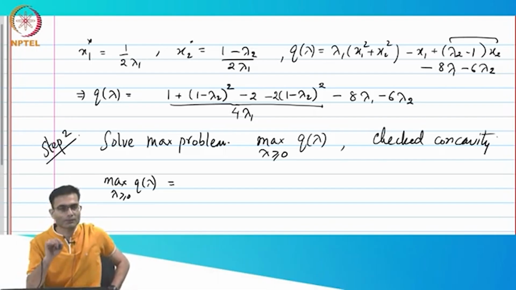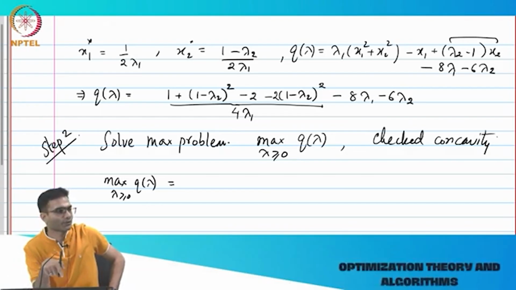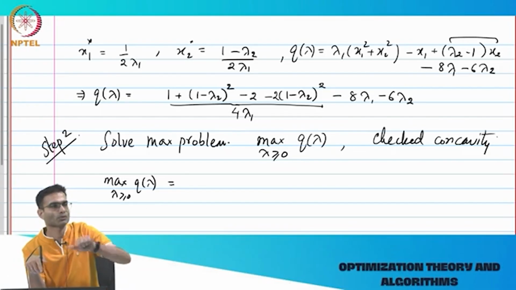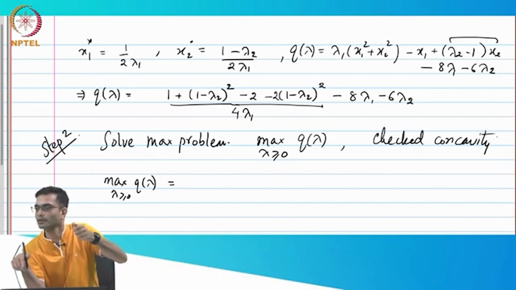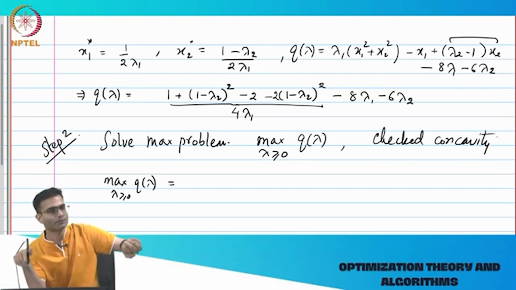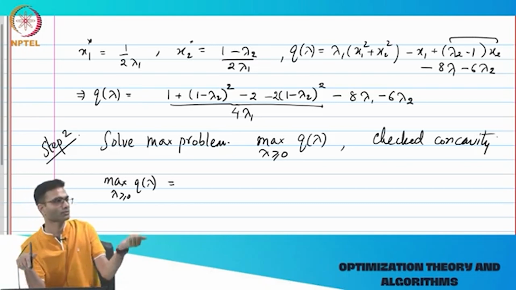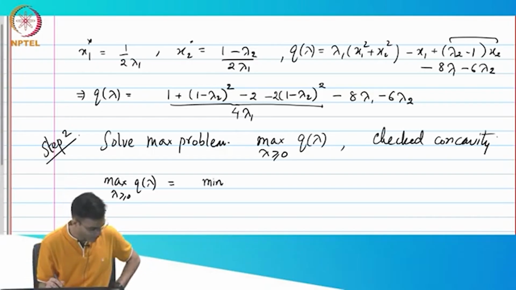So I've done a little bit of algebra to speed this process along. There are a whole bunch of minus signs that you can see in the definition of Q of lambda. So I'm going to pull those minus signs out. If I pull a minus sign outside, what happens to maximization? It becomes a minimization. So I'm going to skip a few steps of algebra just in the interest of time and remove that minus sign, which flips the max to min. Okay, so that's all I've done. So I'm going to write the final expression that I get. So minimum